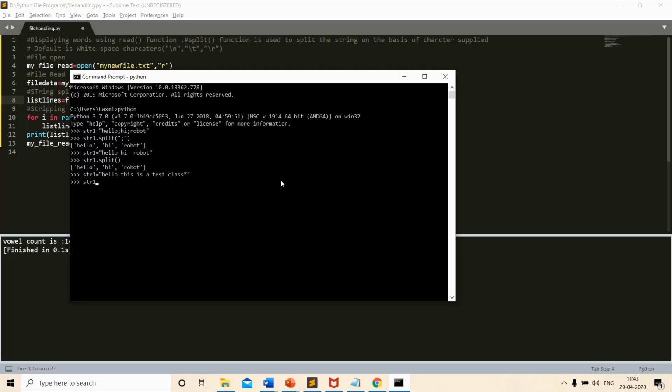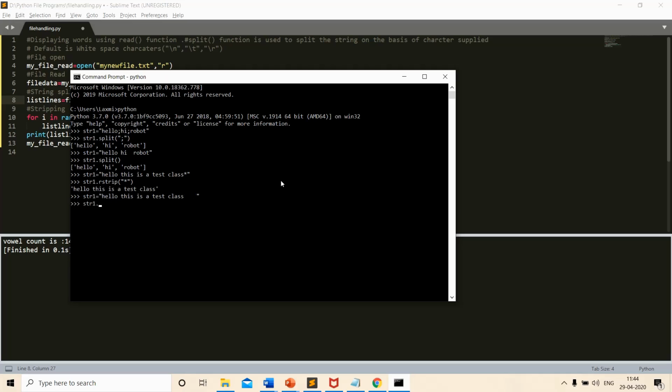Now if I am using rstrip here and I provide the character star, it will remove this star which is at the end of the line. That is, it will trim off the character which you have mentioned in the parentheses. Okay, now if I do not supply anything over here, what will it do?